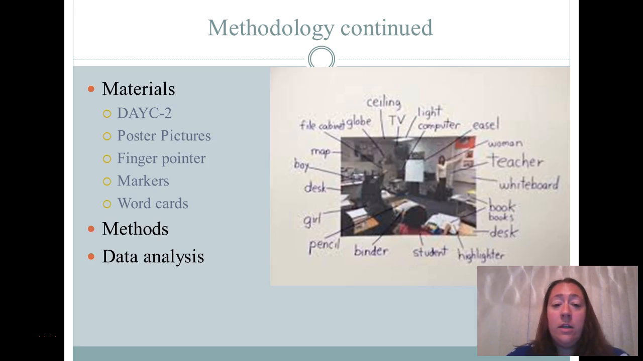I began the study by collecting and analyzing pre-treatment data using the Development Assessment for Young Children 2, or DAYC2 assessment. The treatment phase began with a poster picture mounted on white paper on a bulletin board. Students would use a finger pointer and walk up to the picture, point to something in the picture, and say what it was. For example, looking at this picture, a student might walk up to the woman in this picture